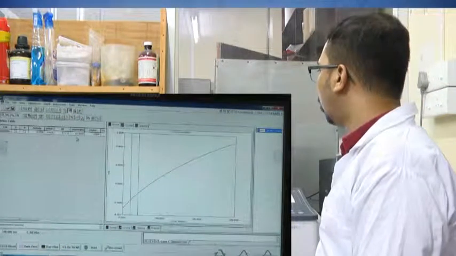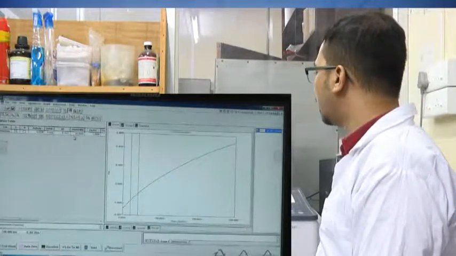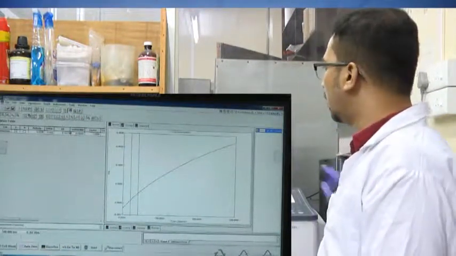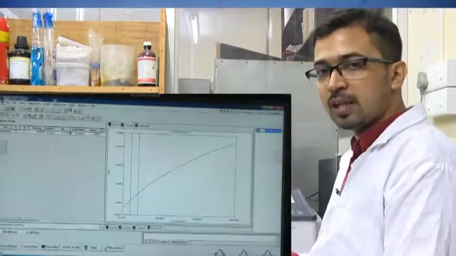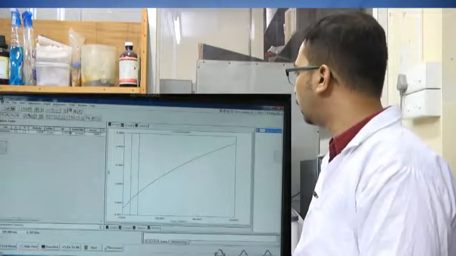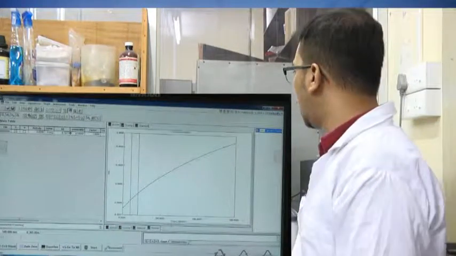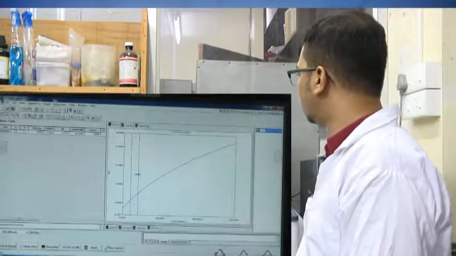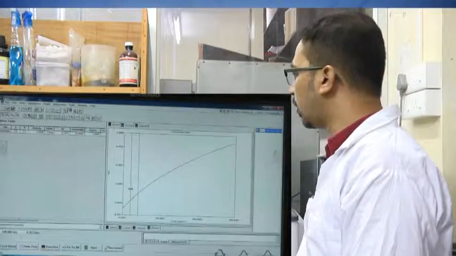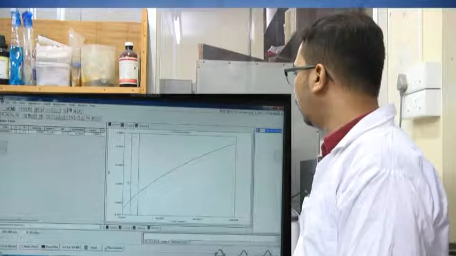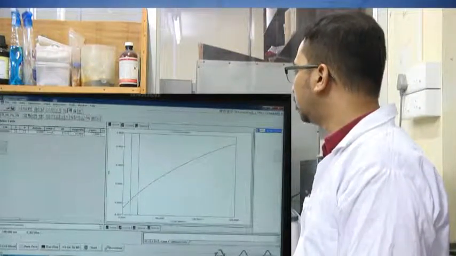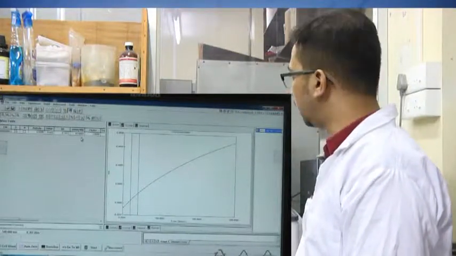Okay. These two values are the ones you should be concerned about, because they represent the change in the absorbance with time. Okay. And the change is over this range. These two are showing 20 second to 40 second. Over this range this change is shown. So, milli-absorbance per minute is being shown.